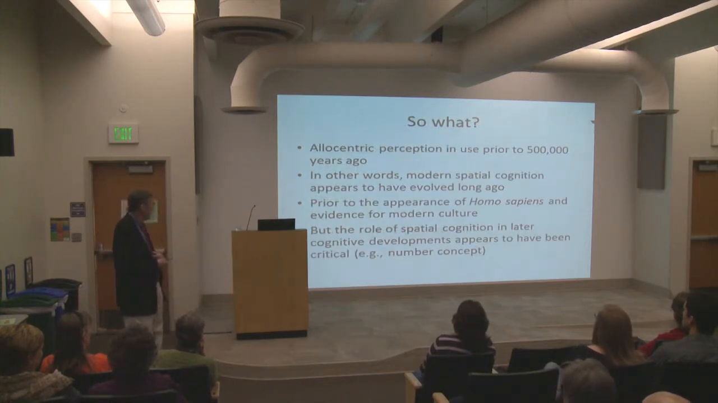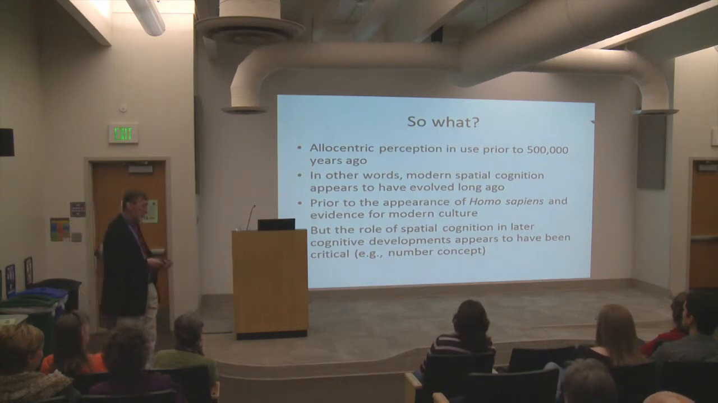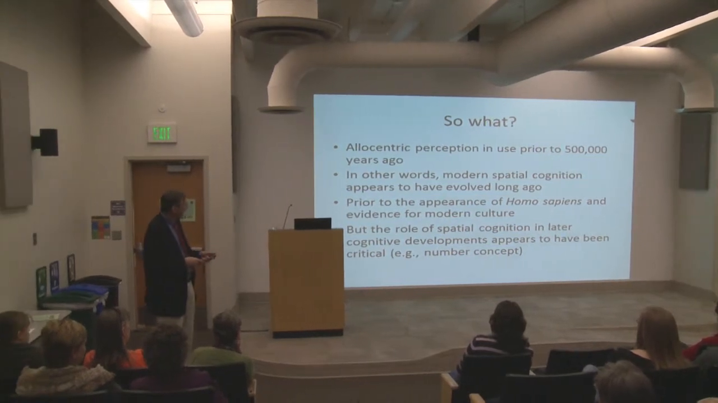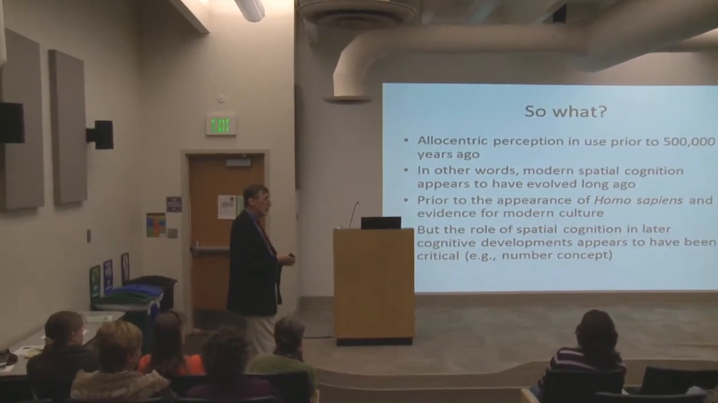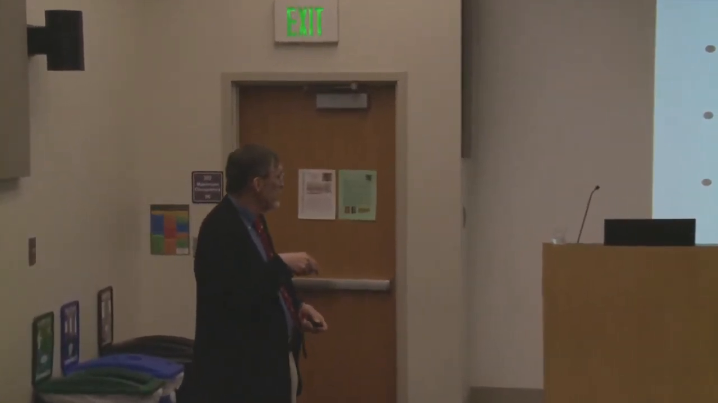So what? I always like to ask, so what? What it tells us is allocentric perception is in use prior to 500,000 years ago. And assuming that allocentric perception is one of the keys to modern spatial cognition and modern navigation, what this tells us is that it evolved a long time ago, prior to the appearance of Homo sapiens, prior to the appearance of modern culture, prior to the appearance of modern hunting and gathering. That is, what these folks were doing was rather different, and yet it's selected for a particular set of cognitive